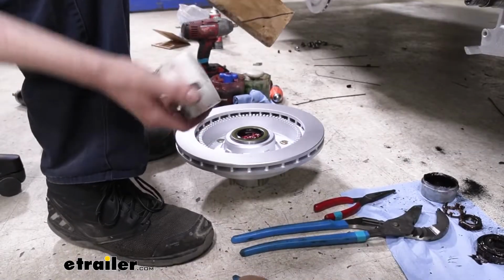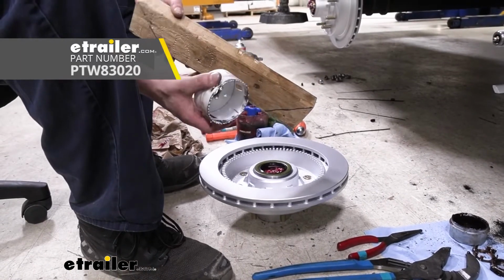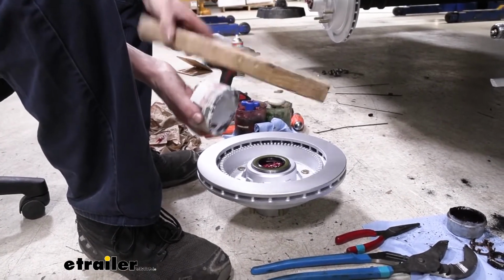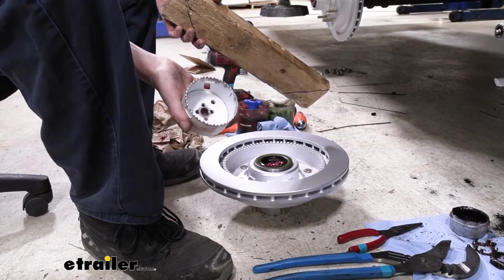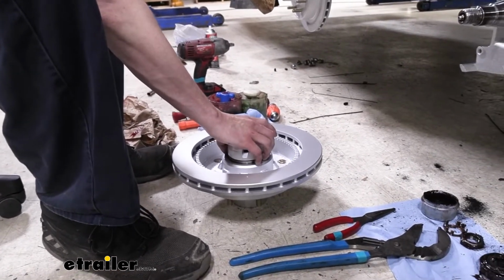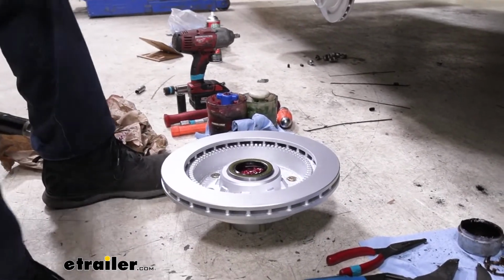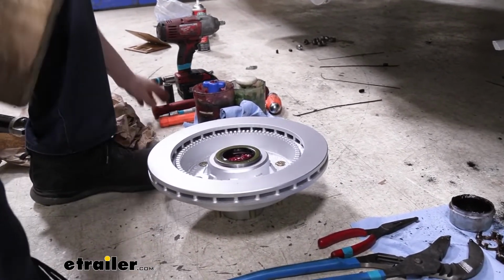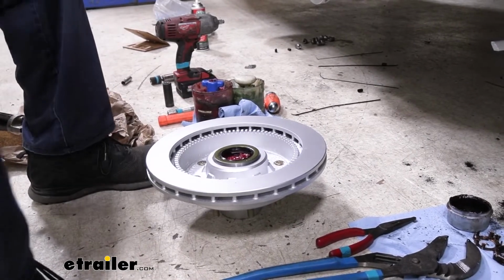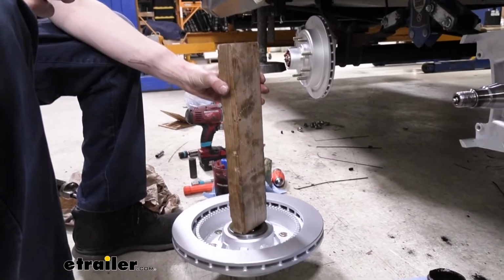So there's a couple of ways. You could use a seal driver to install it. We're going to be using some other methods to show you. You could just use things you have laying around the house. So we're going to use a block of wood, and we've also got a hole saw here. This hole saw is ever so slightly smaller than our grease seal, so that'll be a perfect fit to drive it in. I'm going to start with the block of wood though, before we grab our hole saw to finish it off. And we're just going to set it in top